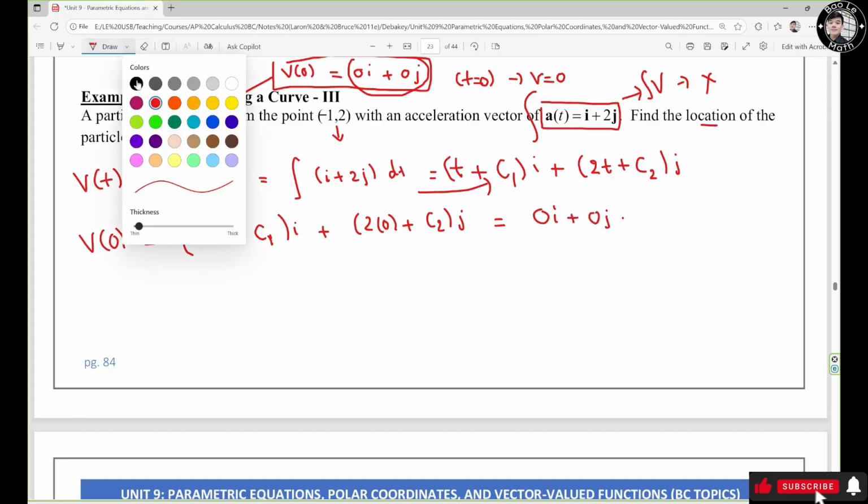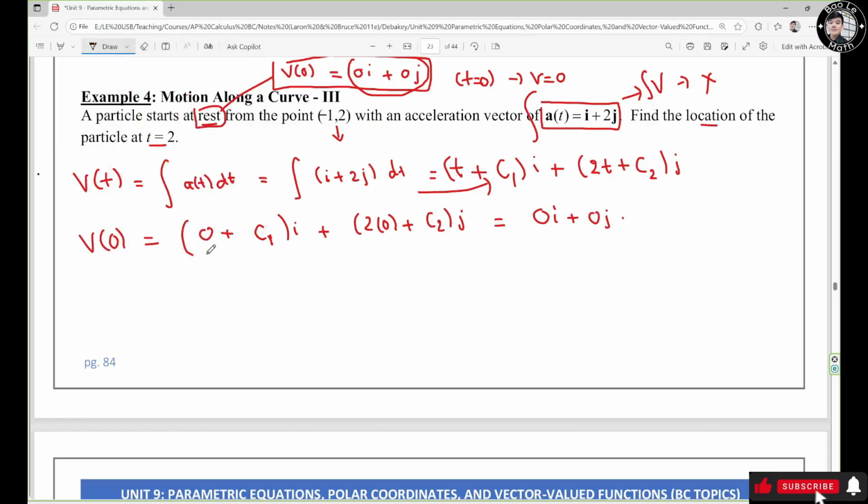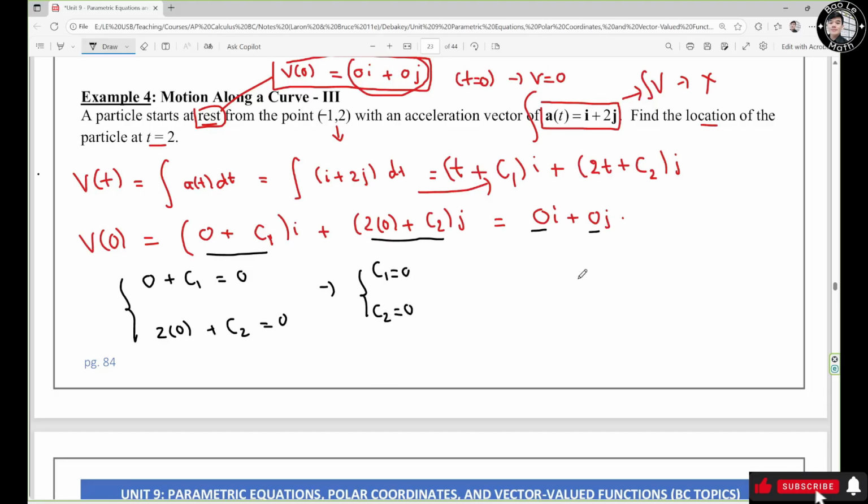Now I just equate the components. This guy and this guy must be the same. So I have a system of two equations. 0 plus c1 equals 0. The second one is right here. I have 2 times 0 plus c2 equals 0. So solving the system of equations, I have c1 equals 0, c2 equals 0. Then I have v of t is ti plus